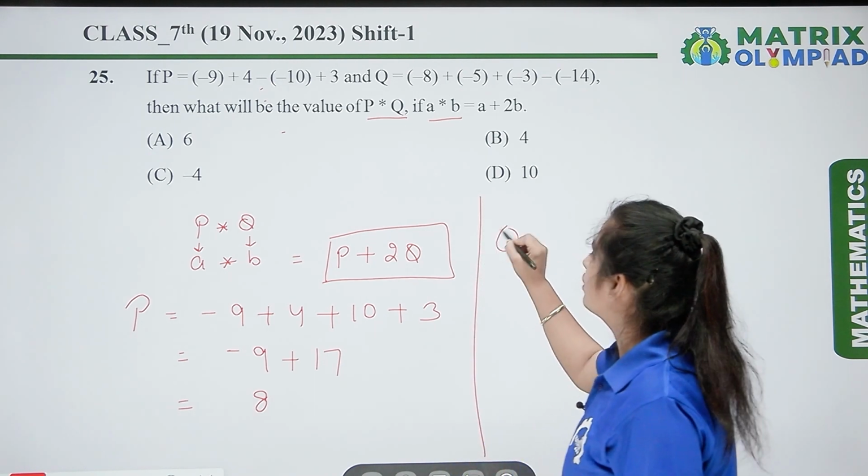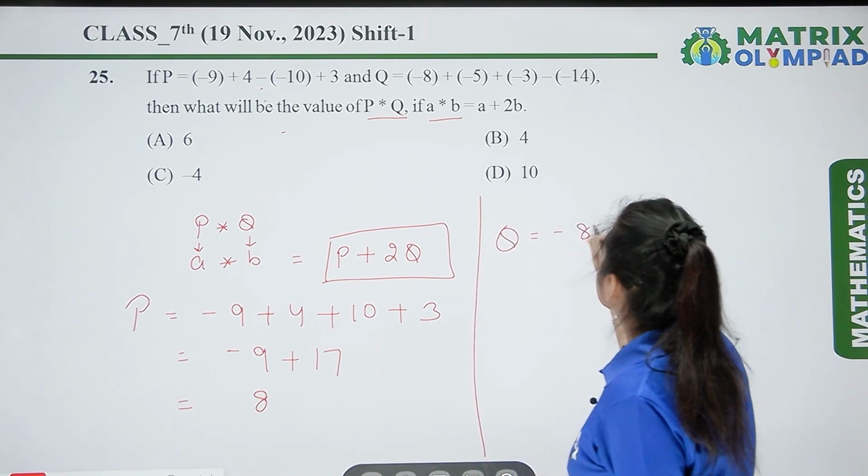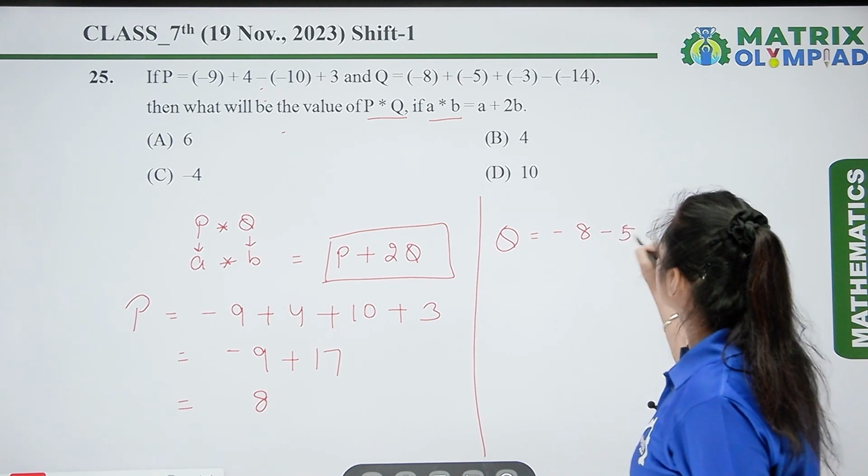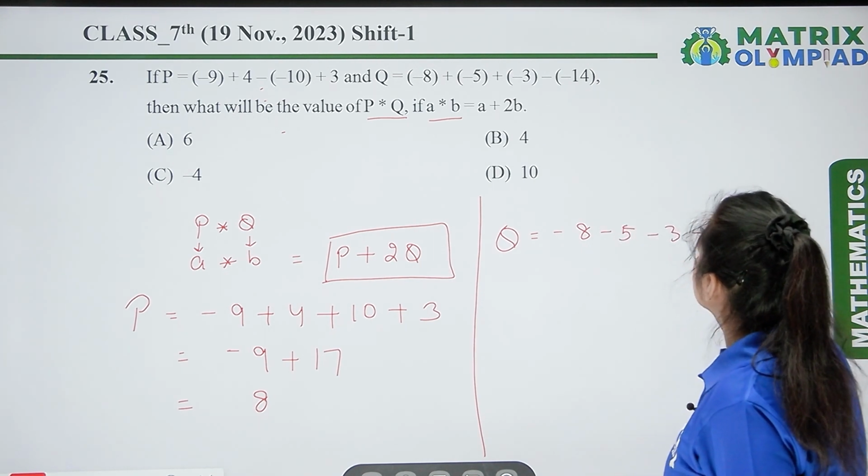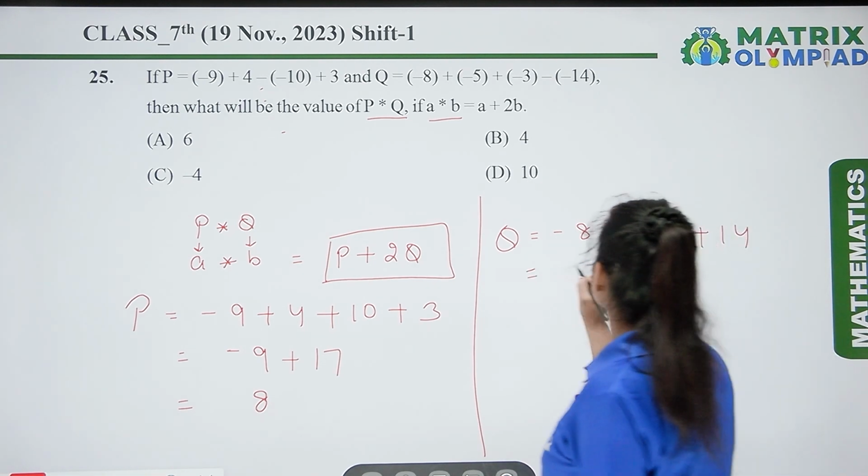Now let's find the value of Q. Minus 8 minus 5 minus 3 plus 14. So here we get